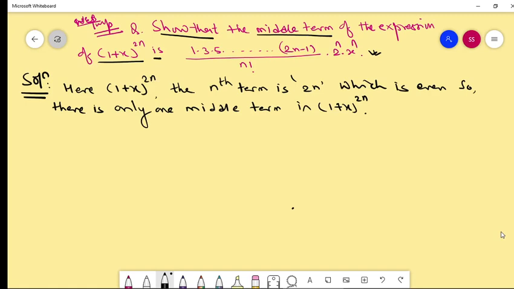We know the general term, T(r+1) = nCr a^(n-r) x^r, and we know the middle term. This is for reference. We have supposed this, so the middle term,